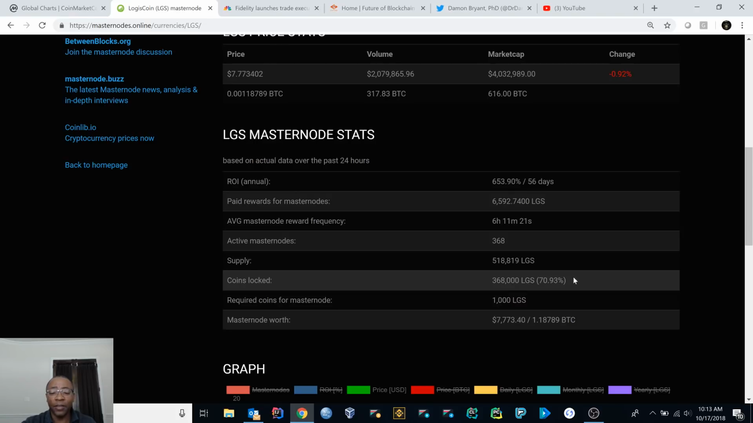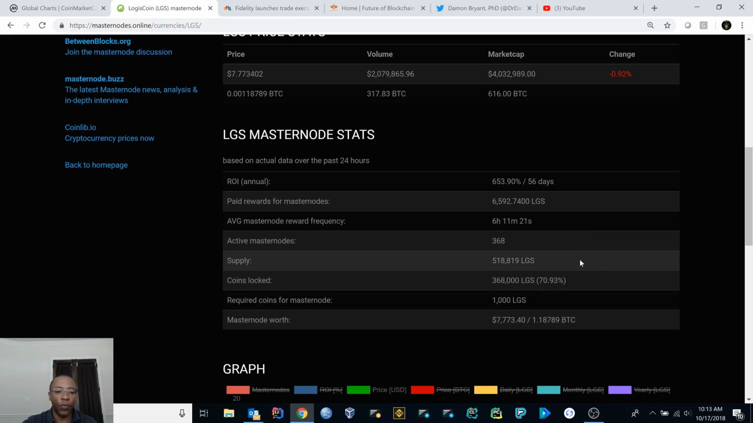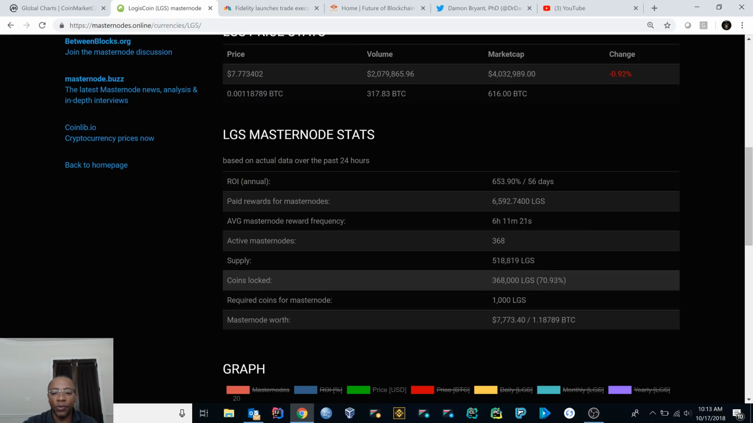And a number that I'm very pleased to see, and this is something that I was encouraging everyone to look for, if we can get above those numbers, is that we're at 71% in terms of coins locked up. So we are creating more and more scarcity by locking up those coins in masternodes. And I think that's going to be beneficial once we start selling the masternodes to